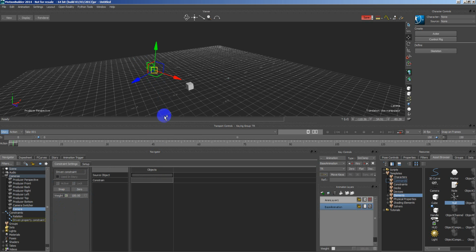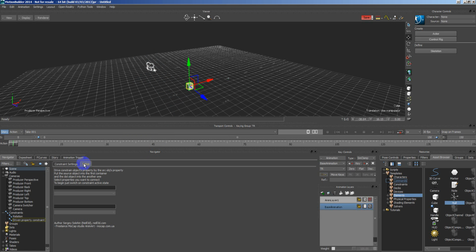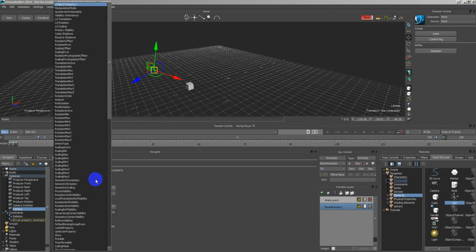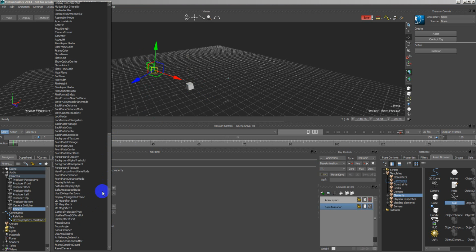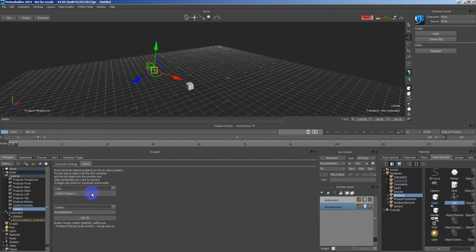The camera will be the constraint object, the cube will be the source. Then here in the first edit panel we should put our cube. In the second one we should put the camera. Now let's select our property. For the camera we should select focus distance, and